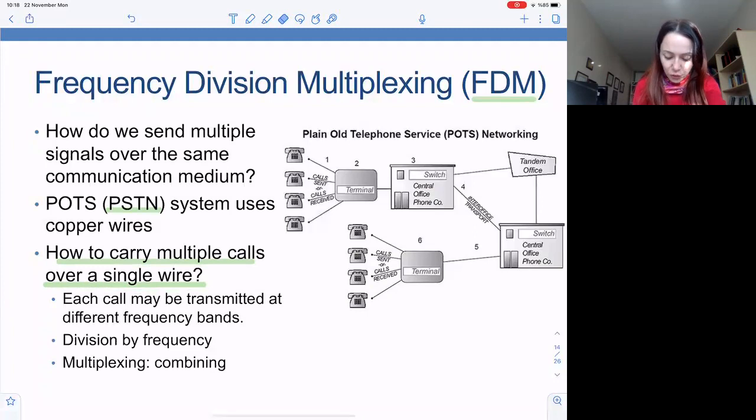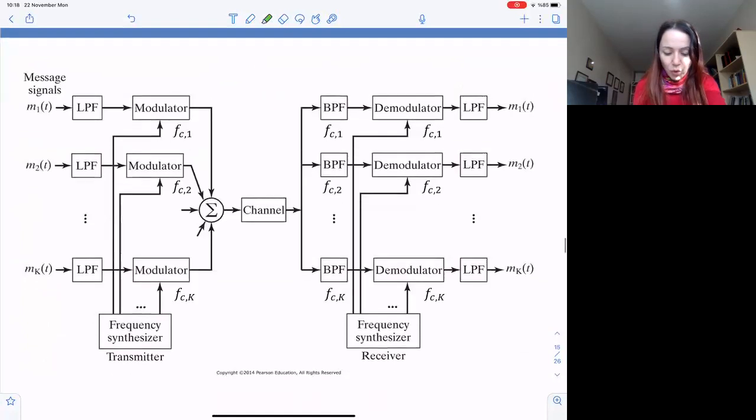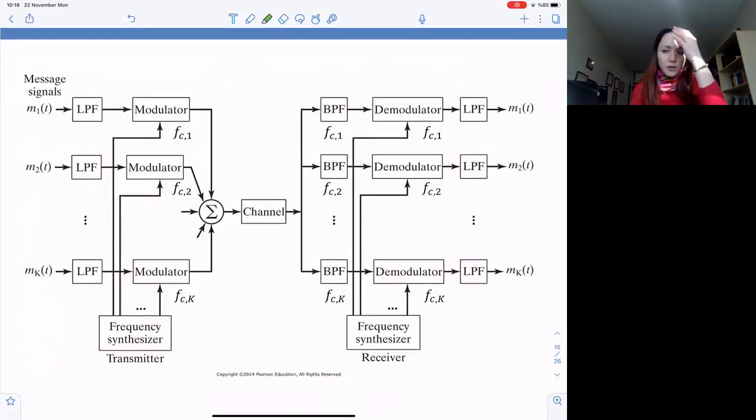So there are individual subscriber devices here. They are given slightly different frequencies. They're all multiplexed together here, and then they come to the switch. And then at the switch, various terminals like this get combined. And this is a hierarchical structure. So if you go to the system diagram for this FDM structure,